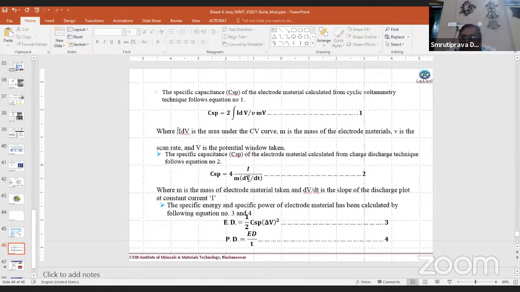Sir, please. After the supercapacitor is discharged, can you reuse it? Because the charge-discharge cycle count is very high, it goes up to 1 lakh times. The same device you can charge, discharge, charge, discharge, like 1 lakh times. That's why the cycle stability of a supercapacitor is quite better than a battery. In a battery, after maybe 1 year, it will not charge again. But in a supercapacitor, the cycle stability is very high, so it can be used